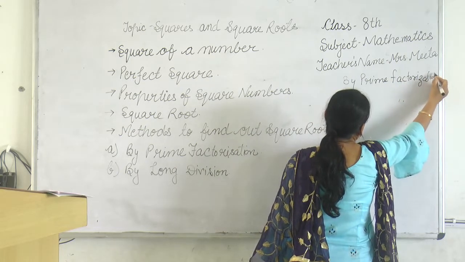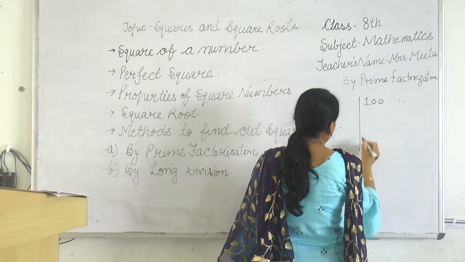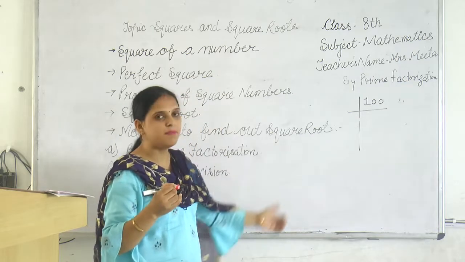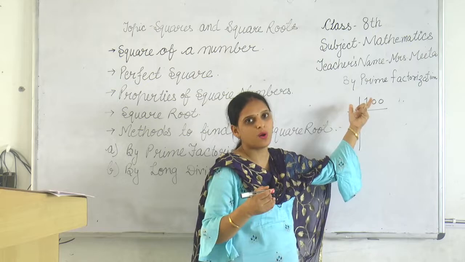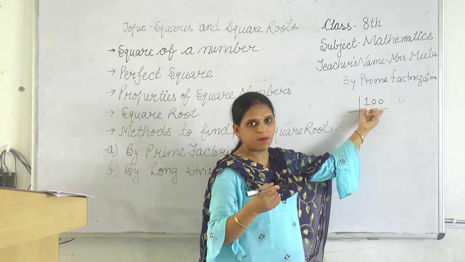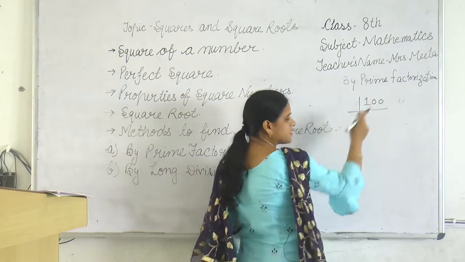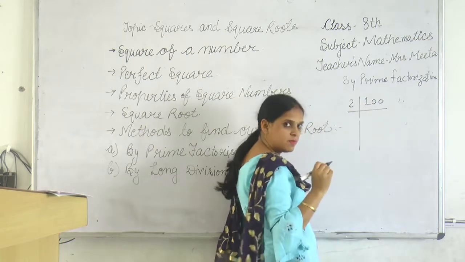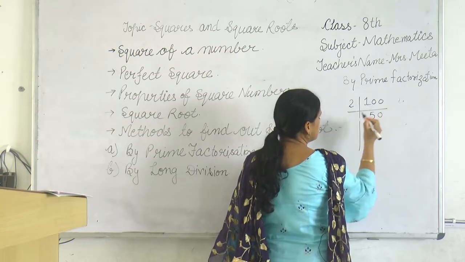You have already done the topic of prime factors in the 5th, 6th and 7th standard. Firstly, find the prime factors of the given number. Let the number be 100. Firstly check whether it is divisible by 2 or not. This number is divisible by 2 because it is an even number, because the ones place digit is 0. We write here 2 because it is divisible by 2. Divide this: 2 5s are 10 and 0.